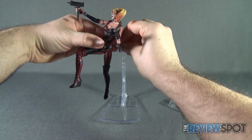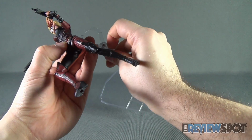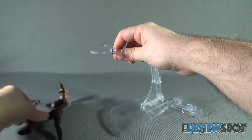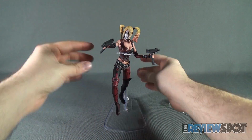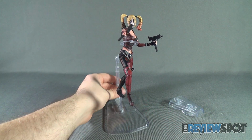And then we can go ahead and just bring the waist clip out, open this up. Yeah, it's very tight, I have to admit. But at least it's going to hold the figure. It's not going to go anywhere. And then we just can adjust it accordingly depending on how we want it. And bingo bango, you've got yourself a